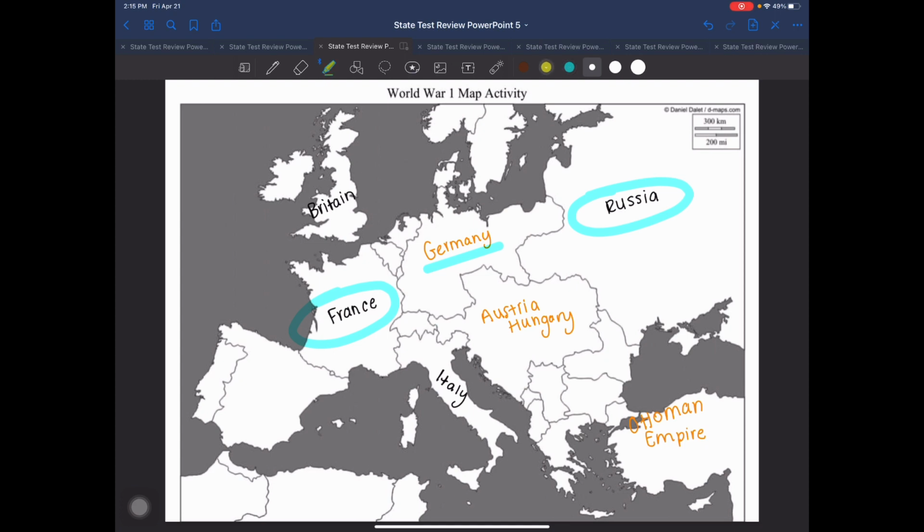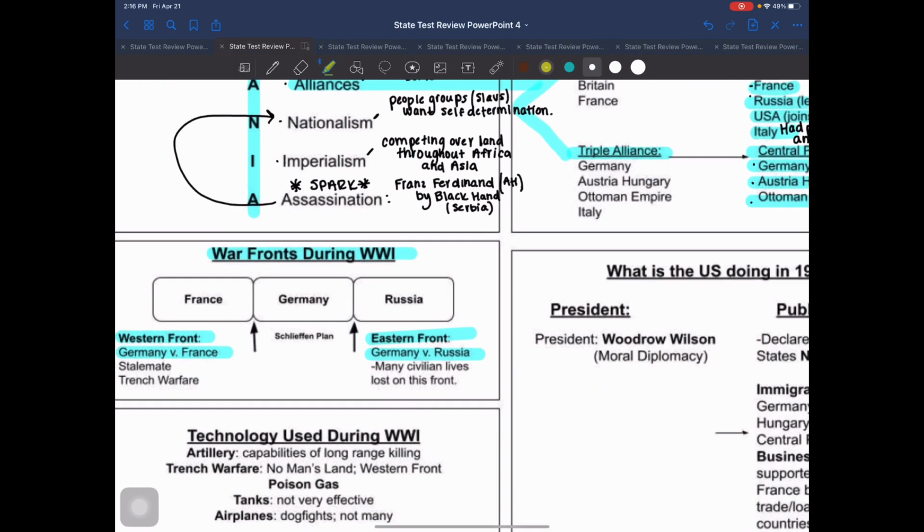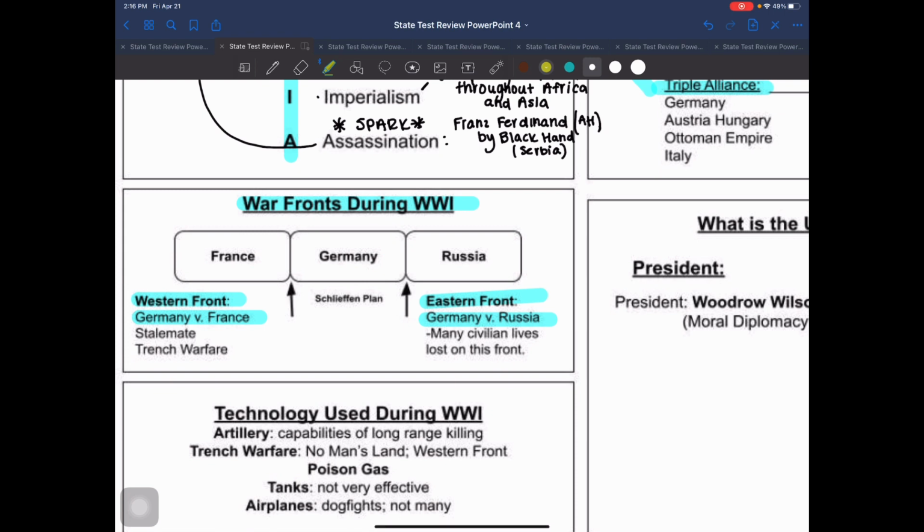And what we mean by two fronts here, again, between Germany and France, this is one front here, and then this between Germany and Russia would be another. So, to prevent that from happening, going back to the page that we were on, Germany actually comes up with a plan, and I know that I'm going to butcher the name of this, but that's okay. The Schlieffen Plan, okay? And this is their plan, and I want you to write, plan to avoid fighting a two-front war.